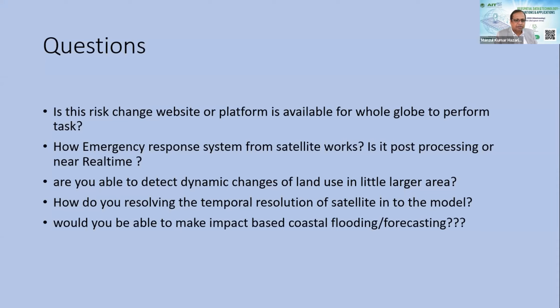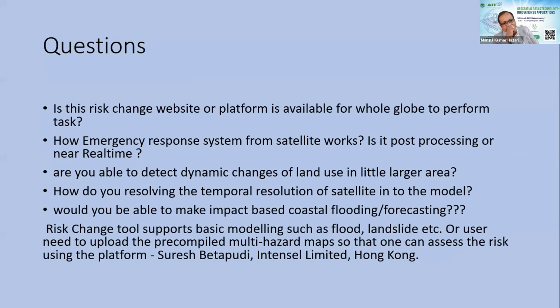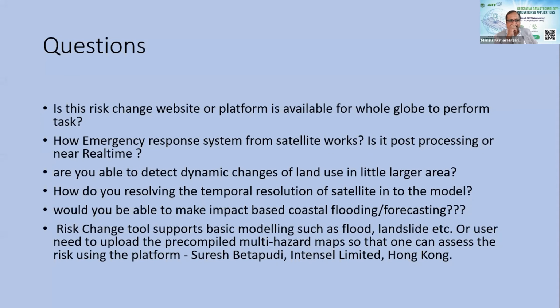Question number 2, are we able to detect dynamic changes of land use over a larger area? Yeah, I think detecting dynamic changes of land use is not a difficult job using remote sensing, but the only problem is that you need to get data.